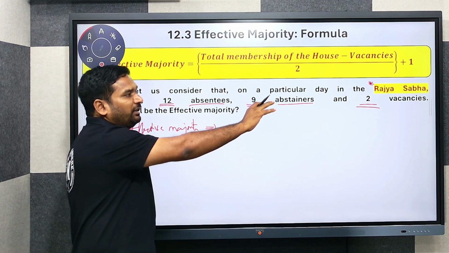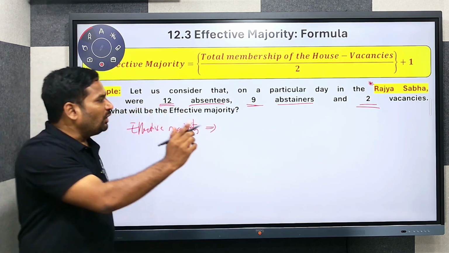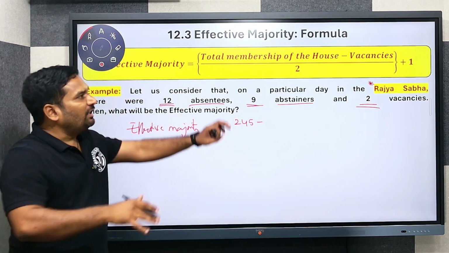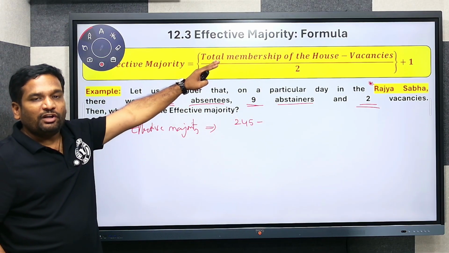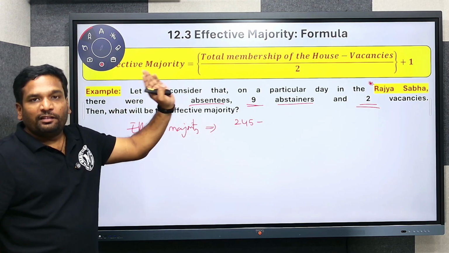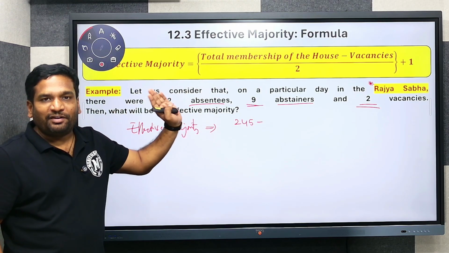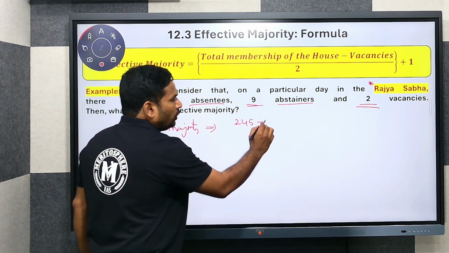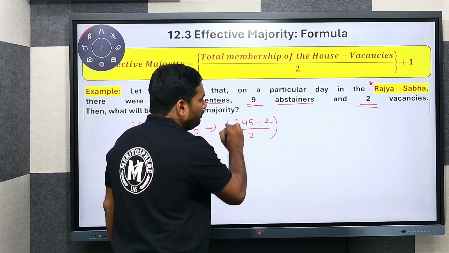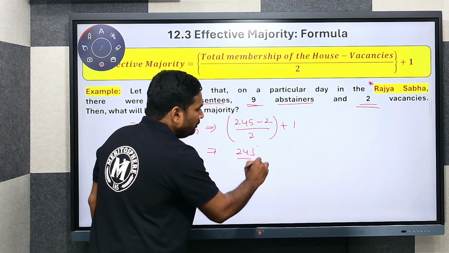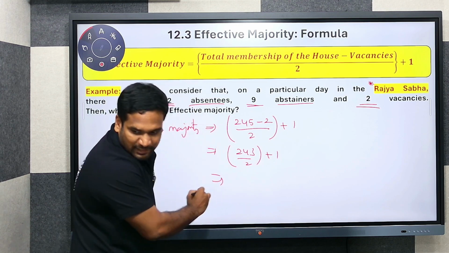In the case of Rajya Sabha, the total membership of the house is 245. 245 minus vacancies. In the formula, is there any mention of absentees and abstainers? No. Whenever we are dealing with effective majority, there is no mention of absentees and abstainers. There is only the mention of vacancies. So 245 minus vacancies, which is 2, divided by 2, plus 1. That implies 243 by 2 plus 1, which implies